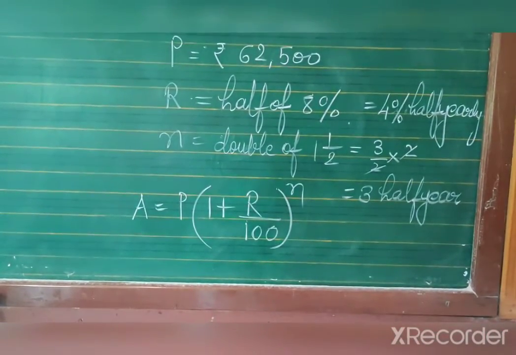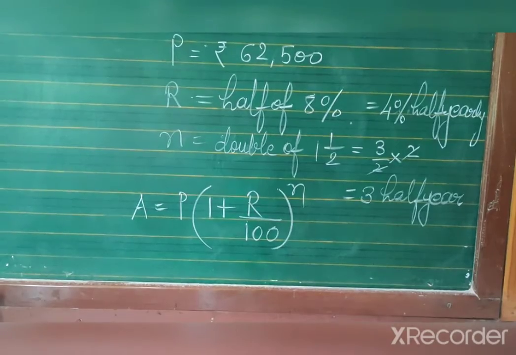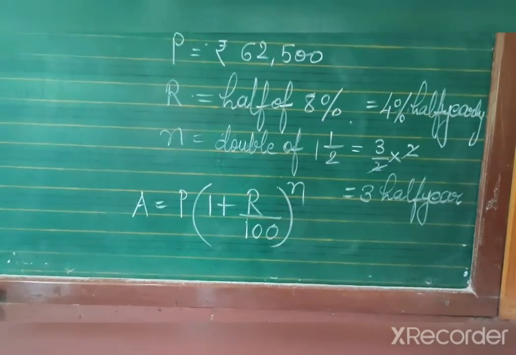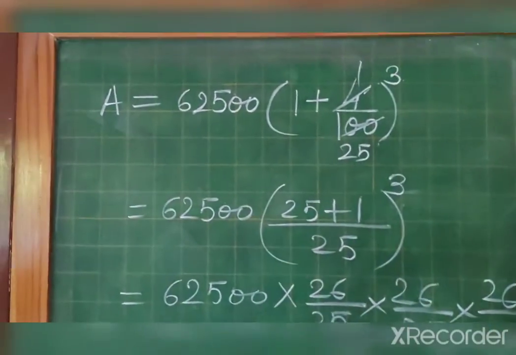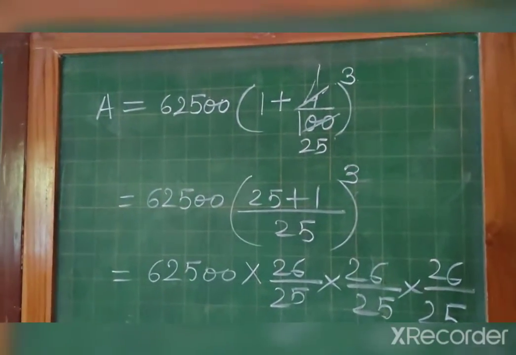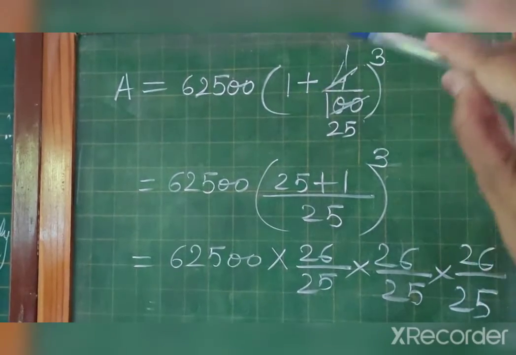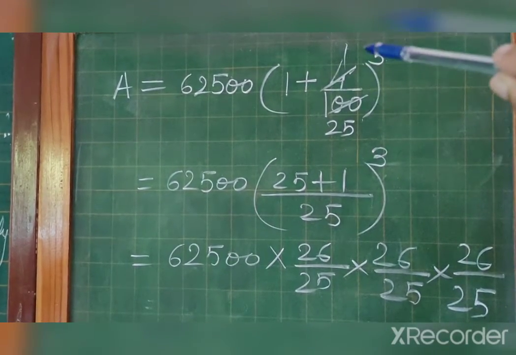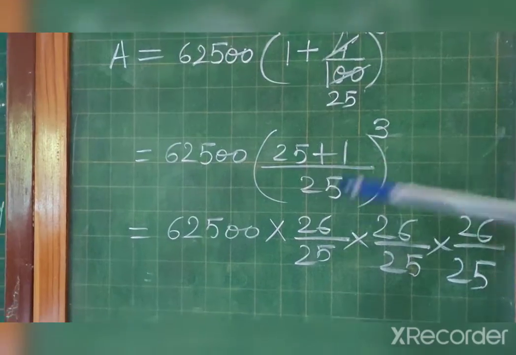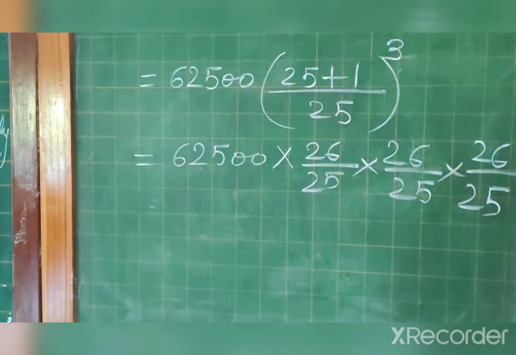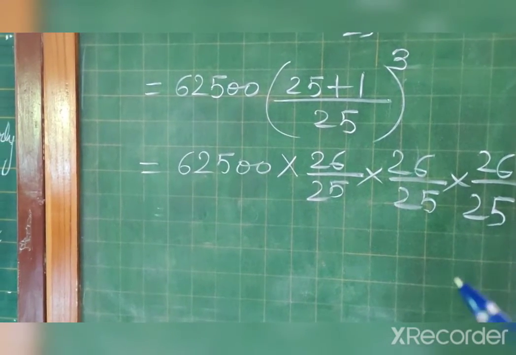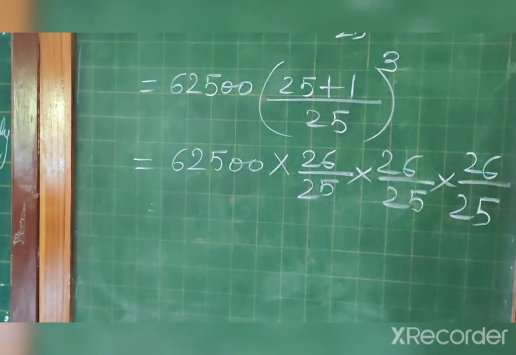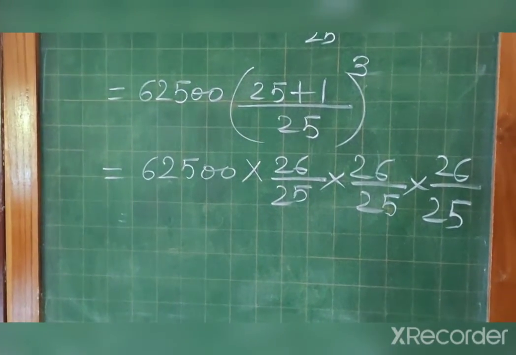Now the same formula you will apply: A equals P in the bracket. I think you have learned the formula by now, I have written it here so many times. Now put the values in the formula. You will get this value, and you can take the LCM: 100 is divisible by 4, 25 times, so 26. Now you can calculate this. You will get the amount. From the amount you subtract the principal, so you will get the compound interest.